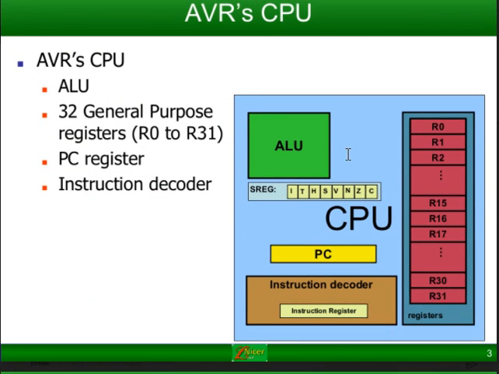It is basically the same as before, only there is this SREG, which tells us what type of output we are getting. So it is an indicator about the output. The instruction decoder will tell us the instruction, and these are the registers, which are from 0 to 31.